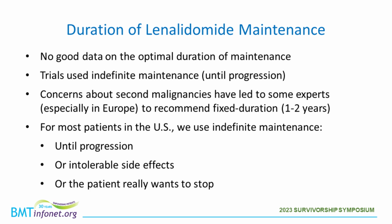So how long do we continue? There's no good data on the optimal duration of maintenance therapy. The trials that looked at lenalidomide maintenance generally used a strategy of indefinite maintenance until progression. Concerns about second malignancies have led some experts, especially over in Europe, to recommend fixed duration therapy, meaning continue lenalidomide for 1 to 2 years and then plan to stop. I would say here in the United States, for most patients, we use a strategy of indefinite maintenance therapy, meaning that we plan to continue until the myeloma progresses or the lenalidomide causes intolerable side effects, or,